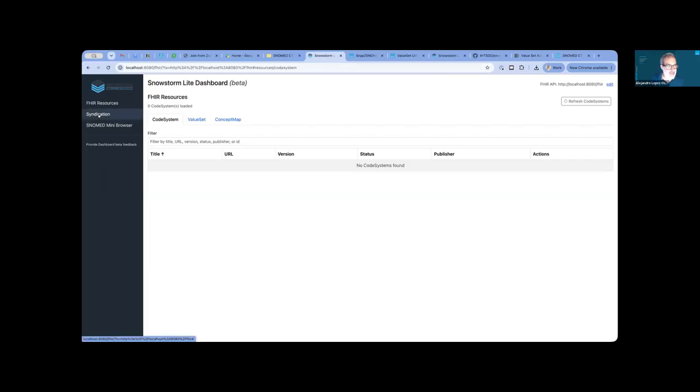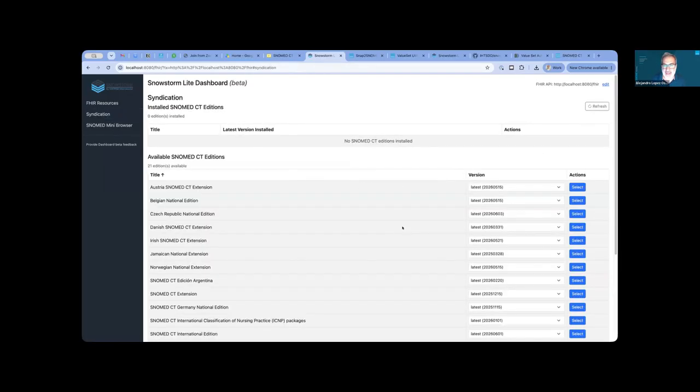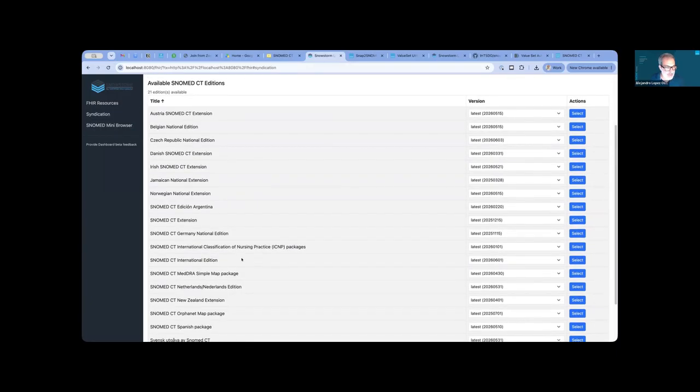So this dashboard uses a syndication system. A syndication system is a way that SNOMED has designed to provide access to all the versions of the terminology going around. I have the credentials to access the syndication system, and those are stored in that file that I showed you. Those are secret. And then I can choose which edition I want to click, and you select the edition.